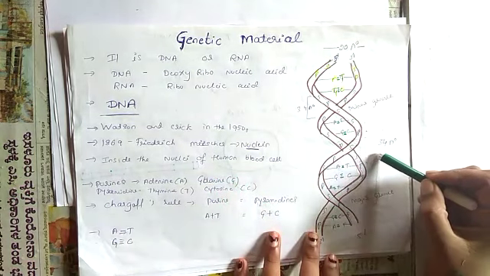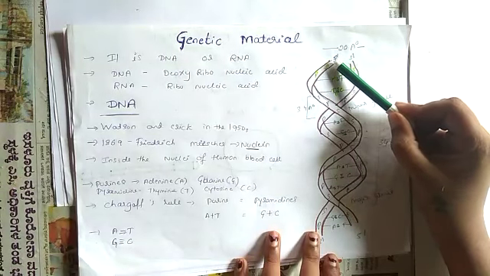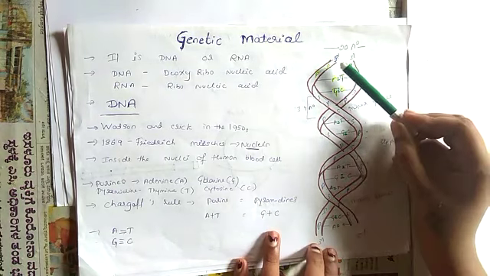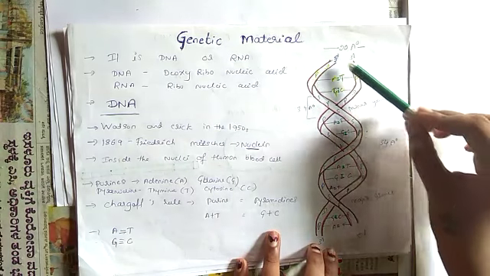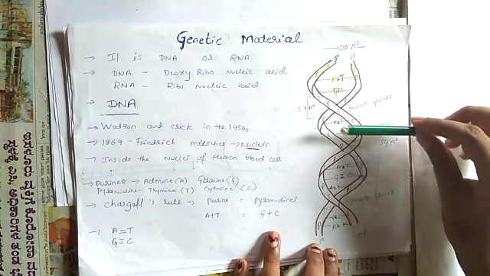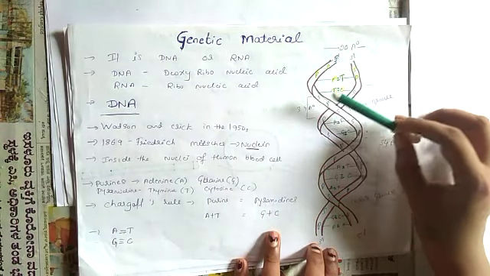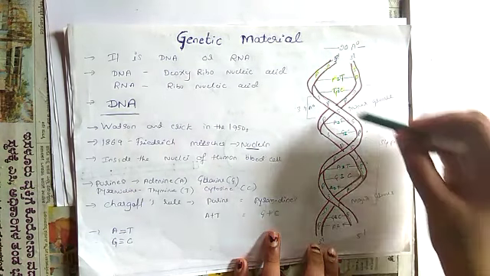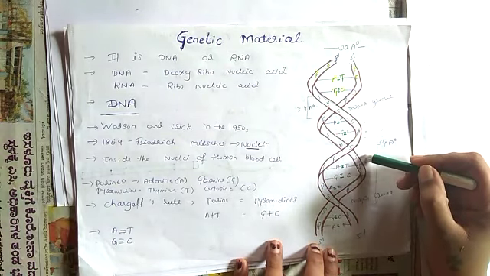As the diagram says, it is a double helical structure with ends which are 5' to 3' and 3' to 5' in direction. The whole length of one turn is about 34 angstrom. Between these two strands, the width is about 20 angstrom. Between the major and the minor groove, there is about 3.4 angstrom width. This double helical structure is made up of a sugar and phosphate backbone.